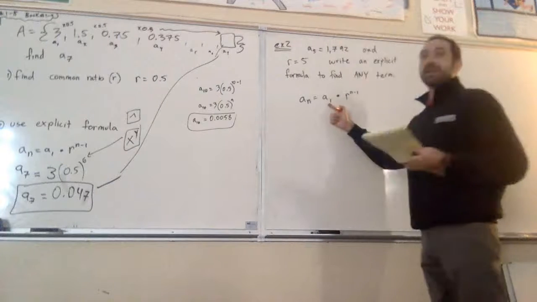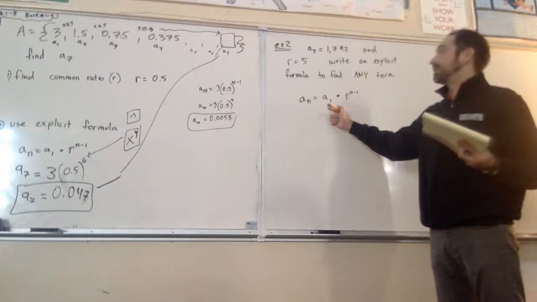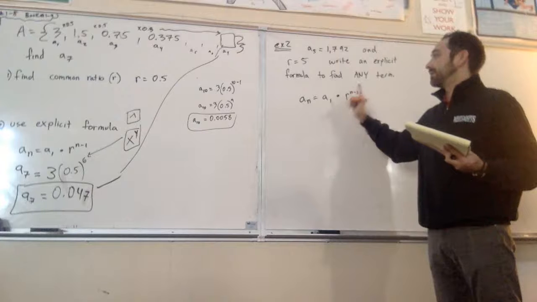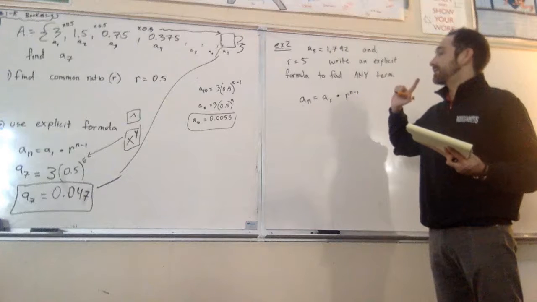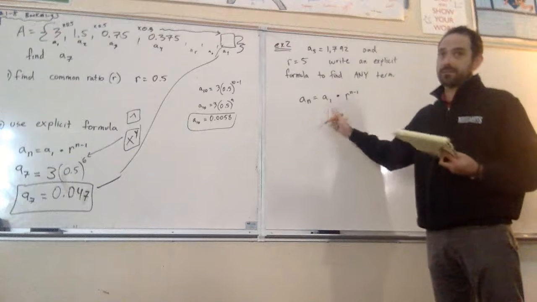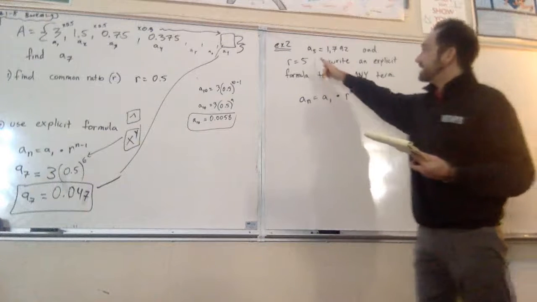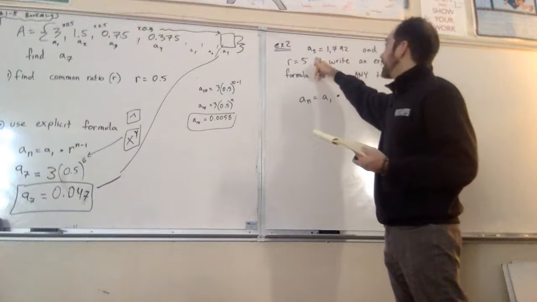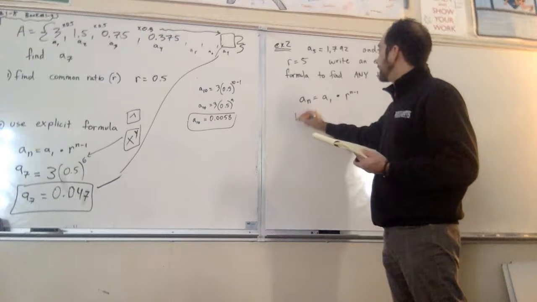Because we need to find what a sub 1 is, right? Should we use the recursive? Yeah, but we are going to use explicit again. We're going to use explicit. That's what this is. So watch. A sub 5, right? I'm going to put a 1 in it. A sub 5 is